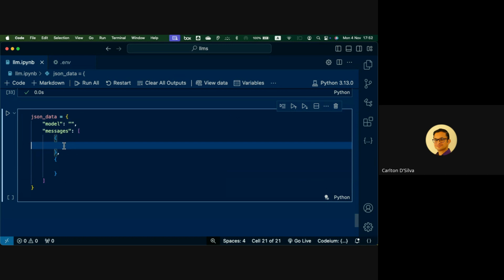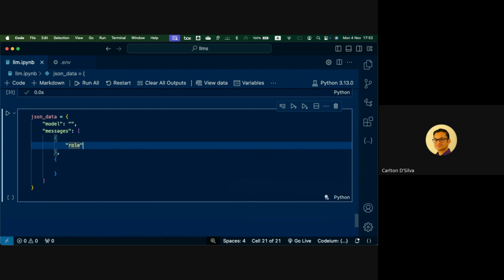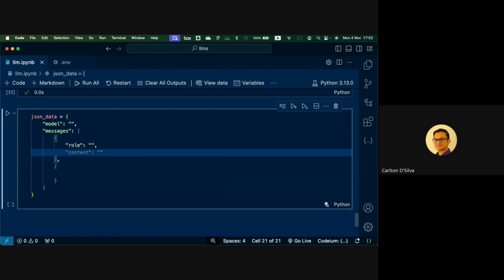What are these items? They are dictionaries again. In the first item, you will send what's called a role, and you'll give it some information. I'll tell you in a moment what it is.